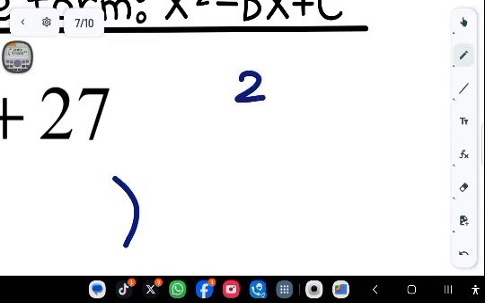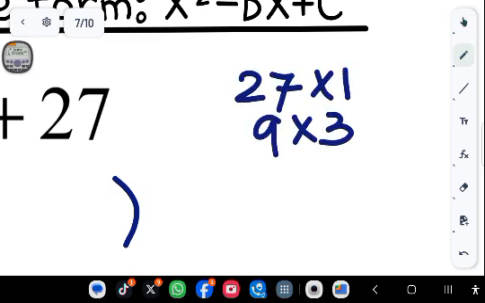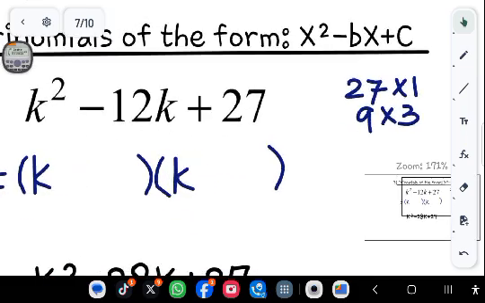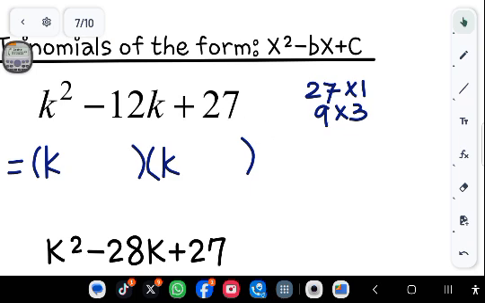We must list them all. 27 times 1 and then we've got 9 times 3. These are the only 2 factor pairs. Now we must find the factor pair combination that can give us 12 one way or the other. Notice that we've got a negative and a positive, a negative in the middle and a positive on the outside. Now whenever you have a situation like this,